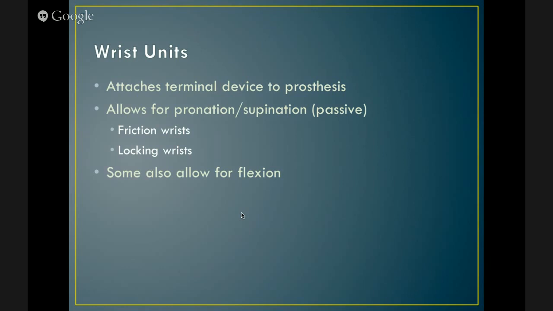For somebody with bilateral upper limb amputations, at least one of your wrists needs to flex. You usually try to do it to both, but the reason being that if you would need to do any sort of midline activity, it's very hard for me to internally rotate my shoulders as much as I need to in order to button my shirt or whatever. But if I have something that flexes 20 degrees, well, now I can do it. So